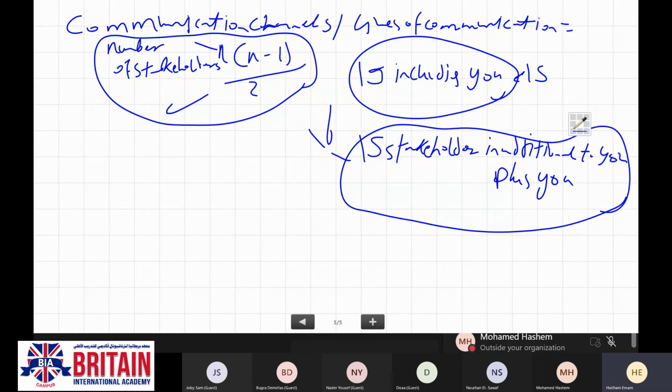So 16 into 15. So one word can change the result. So when it comes to the questions of the exam, again, pay attention to each and every letter mentioned in your question.